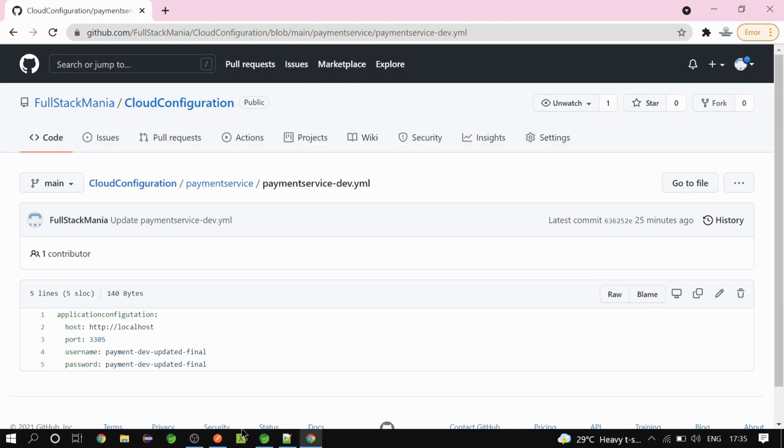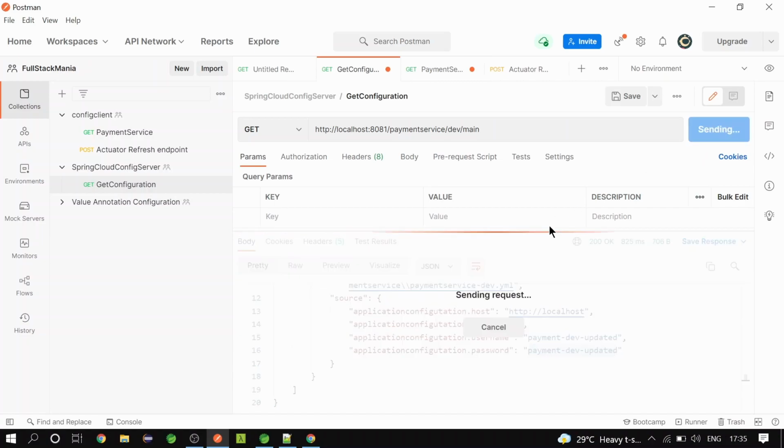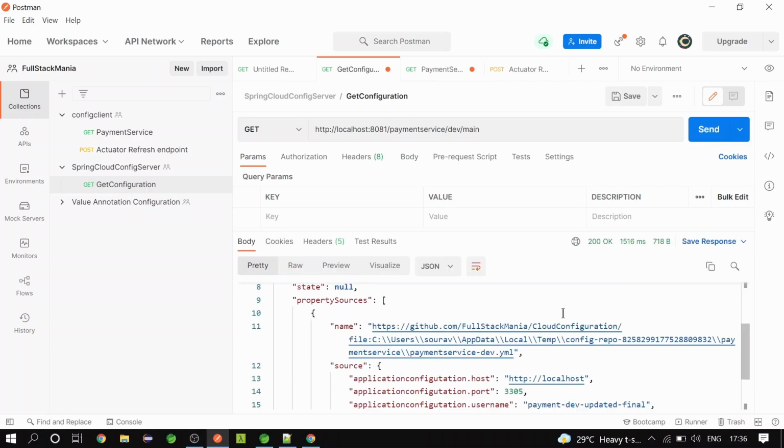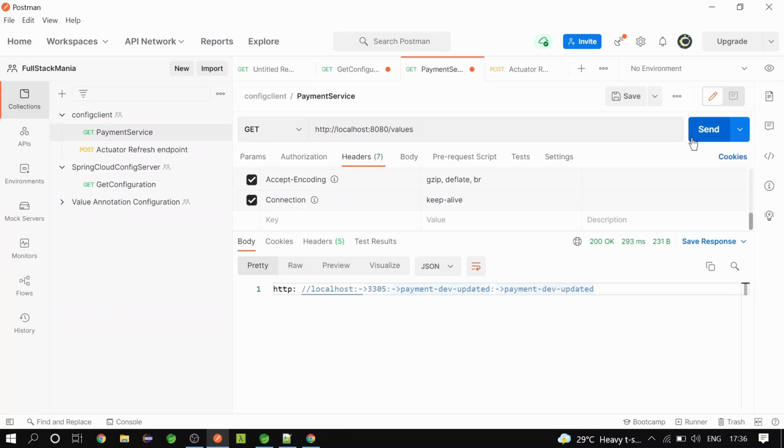Let's go to Postman and hit the Cloud Config server endpoint. Here you can see that the Cloud Config server is able to fetch the latest configurations. Let's see the client. Let's hit the /values endpoint, and you can see that the client is not able to fetch the latest configurations.